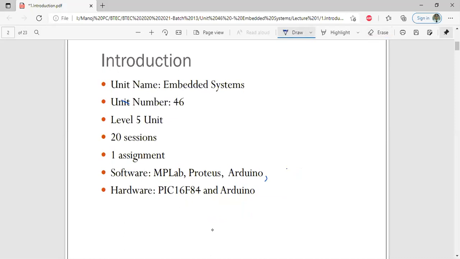Okay. So we need mikroC apart from these things, right? MPLAB, Proteus, and the Arduino IDE, and apart from these things, we may require PIC16F887, right? So we need Arduino Nano. In order to complete this module, you may require at least one of these things, because in this assignment, whether you have one or two, you may have to implement